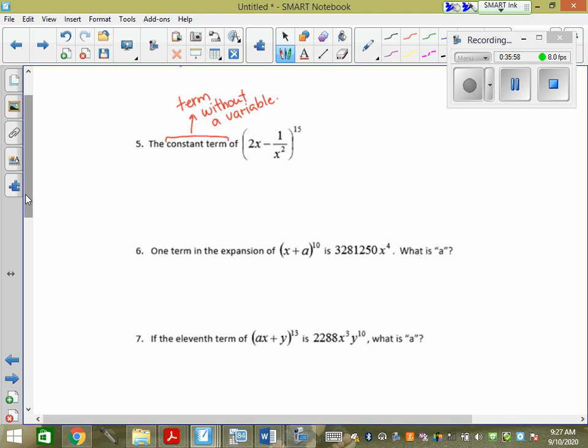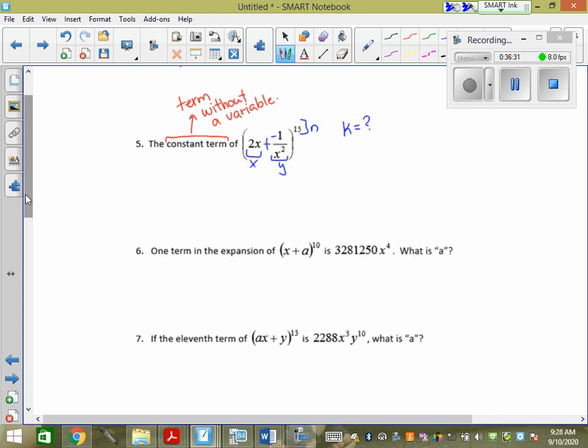So, the first thing we're going to have to do, before we attempt this, is add like 2x plus negative over x squared. Exactly. So we need to put a plus sign in here and make the negative go with the term. So you can just show it that way as well, because you have to have a plus in between them, right? Now we have x gets replaced with 2x, y gets replaced with that lovely thing, and n gets replaced with this. Once again, we don't know k.